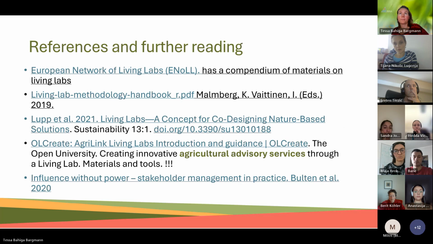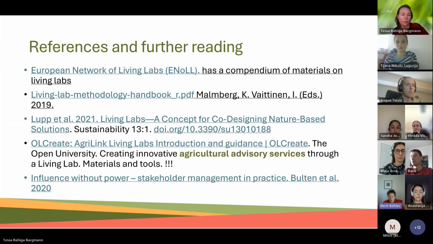Then I would like to give you here a short list of references and also sources for further reading that could be helpful in setting up such a living lab. There's really a compendium of materials on living labs, for example, within this European network of living labs. Here at the top of the list, one can find very much in terms of different materials, and also this living lab methodology handbook,